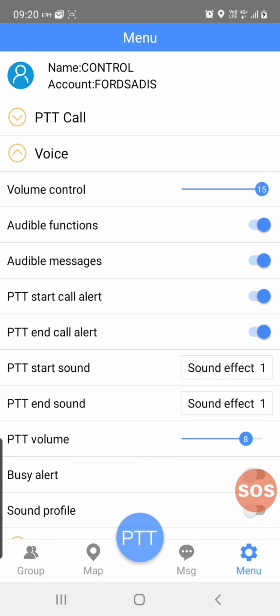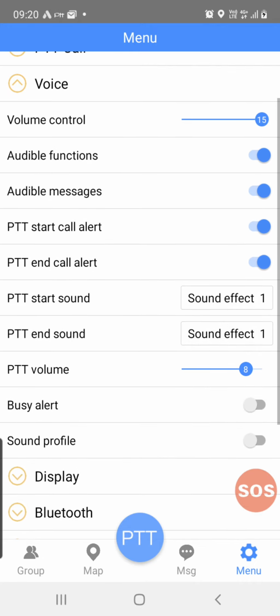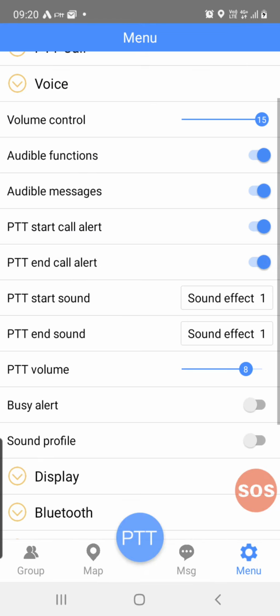on the voice settings. Volume control is normally set to maximum. Audible functions, that's basically every time you click on something, you can hear it clicking or making noise. Audible messages: if you click on messages at the bottom of the screen, you can type up a message on your computer and send it through to the people, and then it will read it out to you. So that's what an audio message is. Your PTT start call alert, that's basically your Roger tone that you hear in the beginning and at the end of it. Your PTT start sound, you can change the different sound effects, and